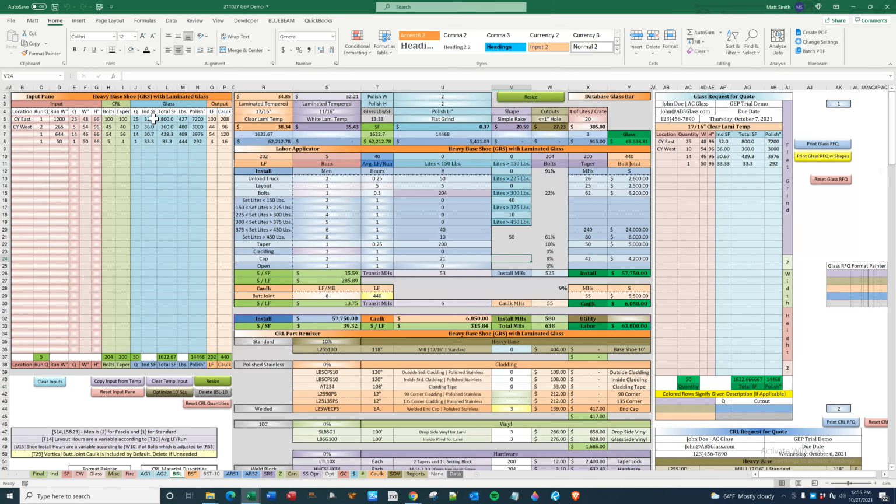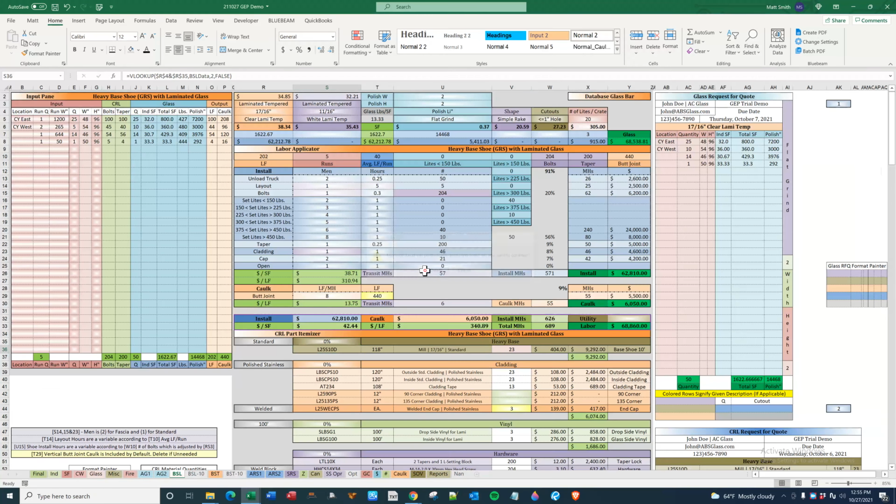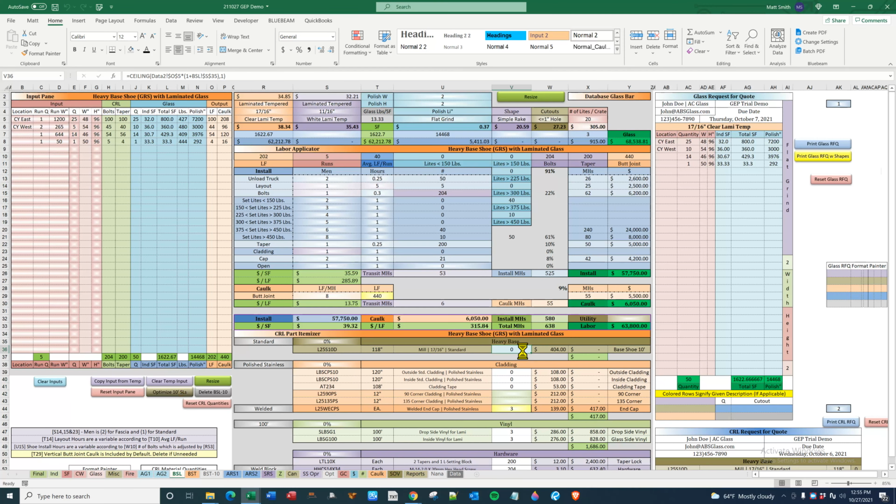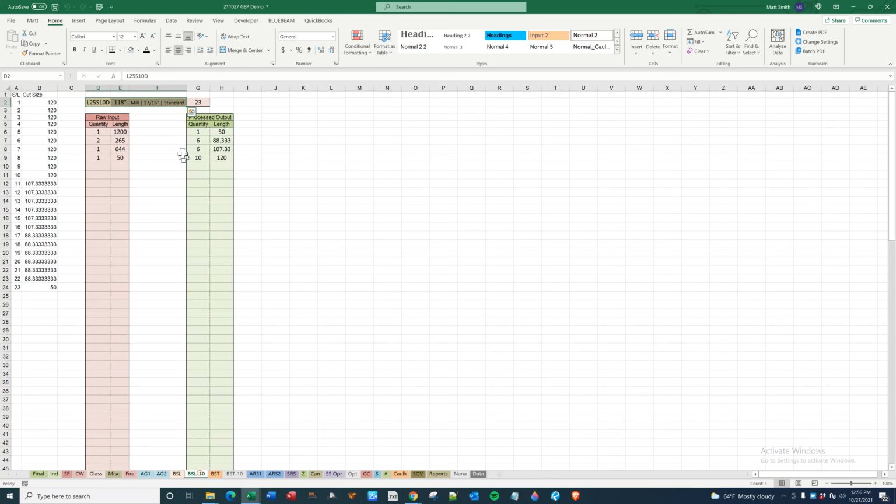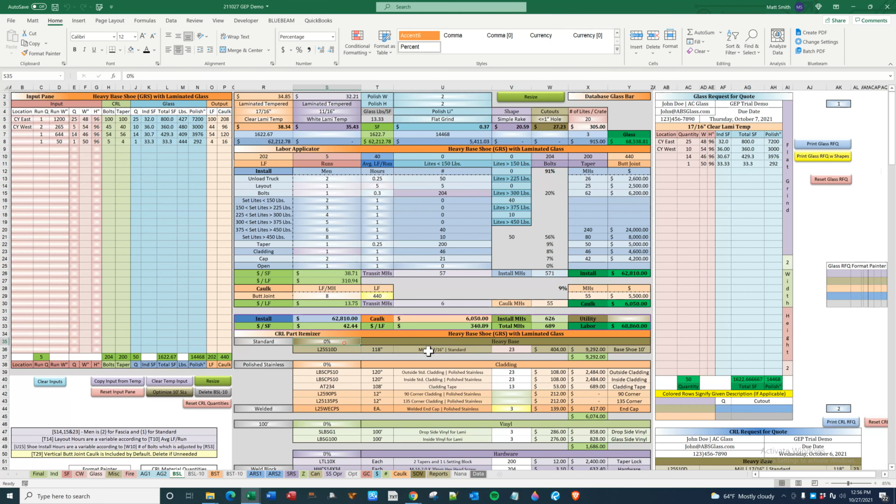So optimizer, once you have everything in there, this is a button you're going to be using all the time. Optimize 10-foot stock lengths. There it is. Plugs it in. You generally want to maybe go to 0 first. Delete. And then optimize again. This is the raw value. 23, right? If you change this to 20, what this will do, generally you want to optimize it with the raw value first,